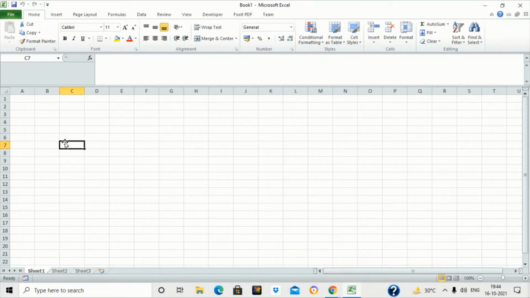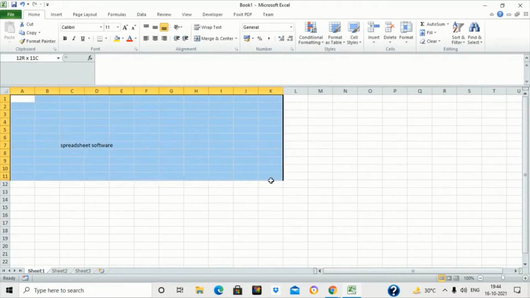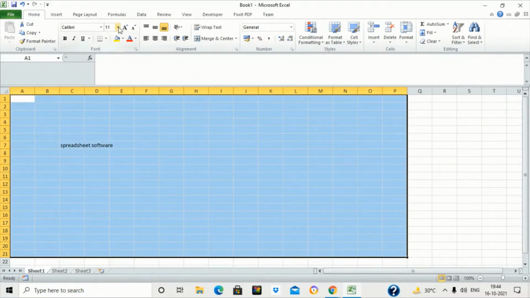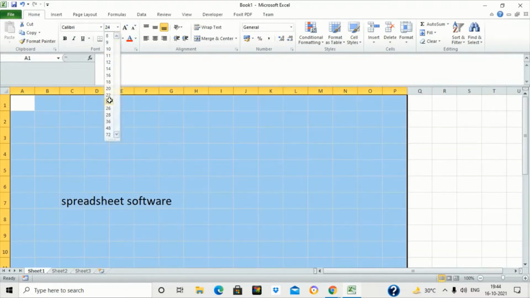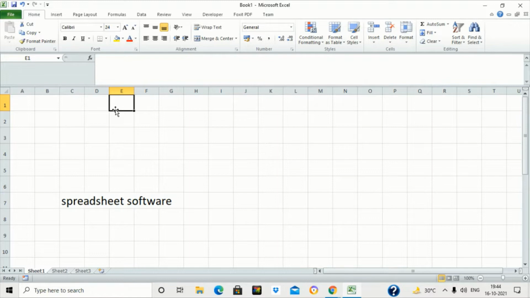Excel is called a spreadsheet software. The basic advantage of MS Excel is that we can create worksheets and store data in the form of rows and columns, and it is used to do calculations. We can provide various kinds of formulas in MS Excel. There are various inbuilt functions in Excel which can help us do complex calculations very easily and quickly.